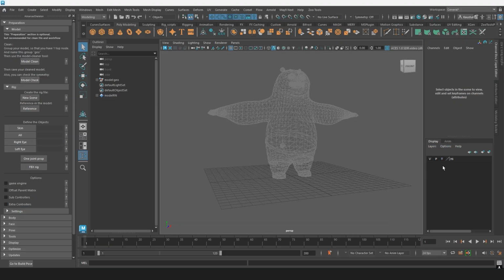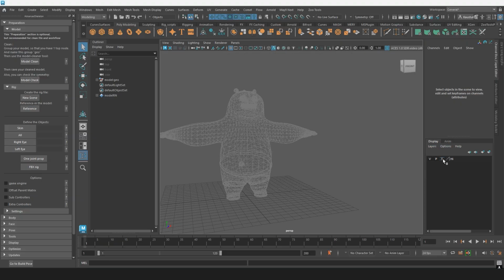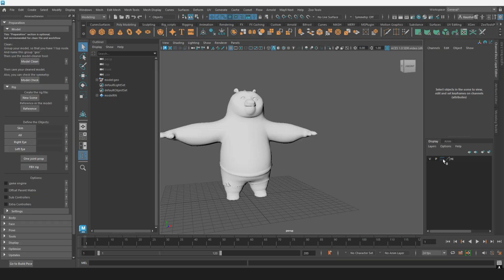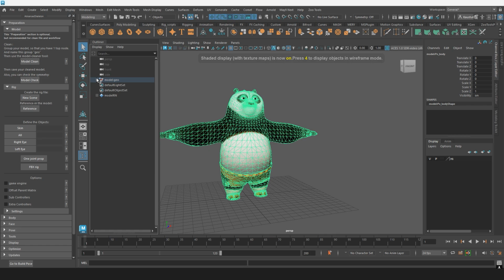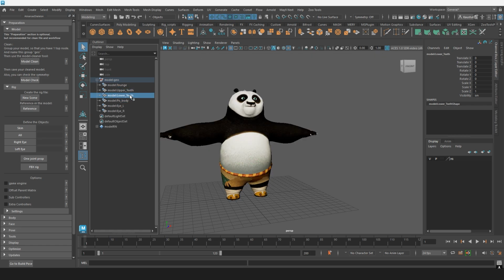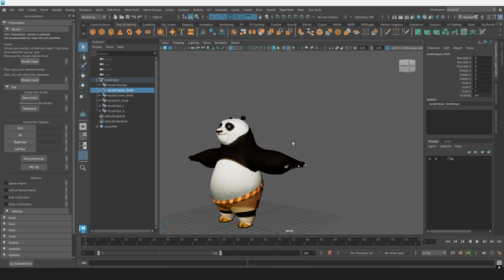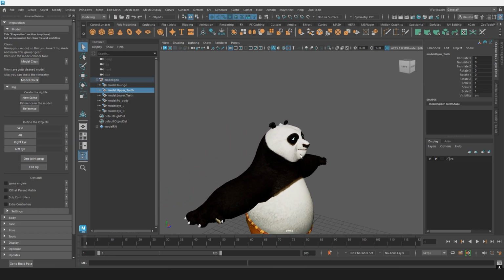Box, you can see it has been set to transparent. Reference, now the normal mode. Let's check if we have any history. Yeah, looks good. So now let's